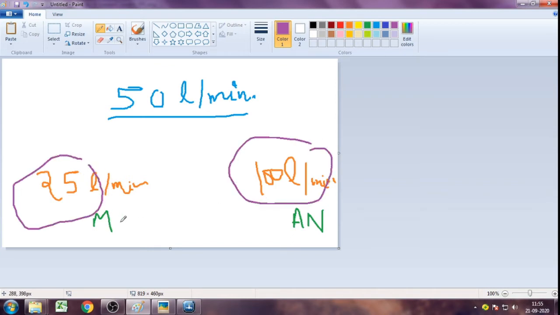In order to incorporate this change, that the demand is varying with time, here it is 25, here it is 100. So what we will do in WaterGEMS is, you can see that 25 liter per minute is almost half of your 50 liter per minute. So we will multiply 50 with a factor. This factor will be 0.5, because 25 is 50% of 50, so the factor is 0.5 and we will get the value as 25, right? So this value is called the multiplier, 0.5.